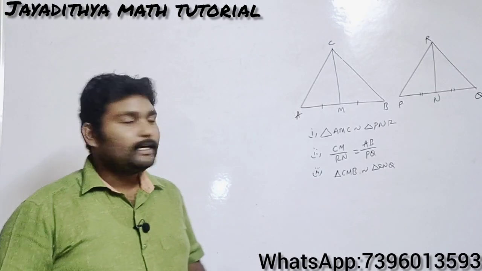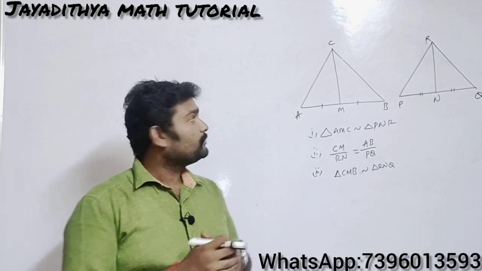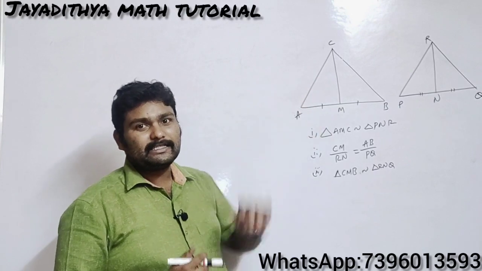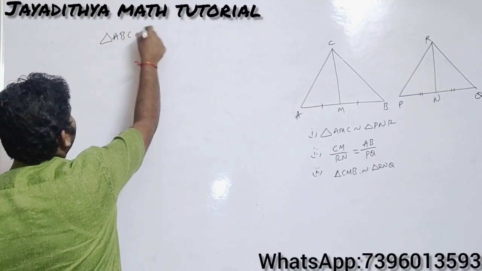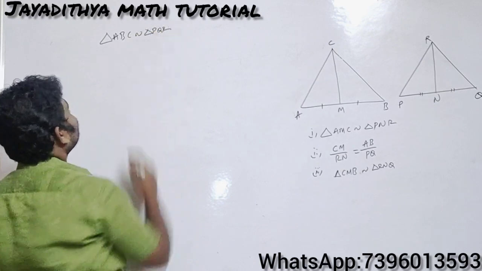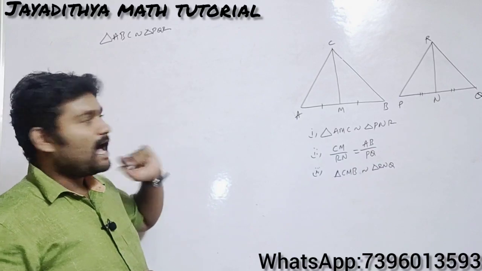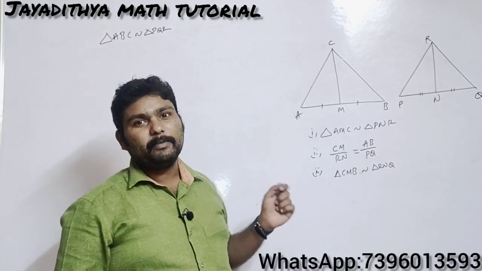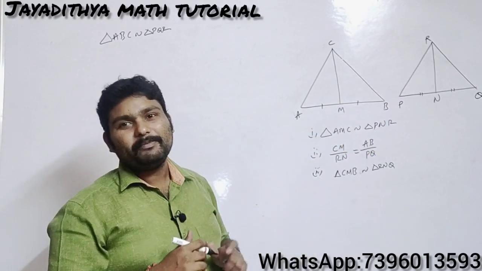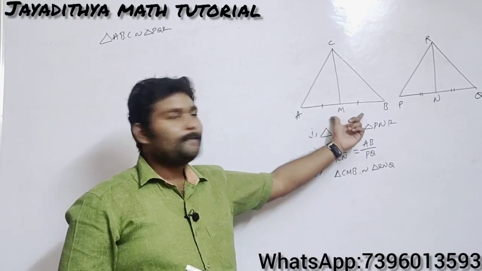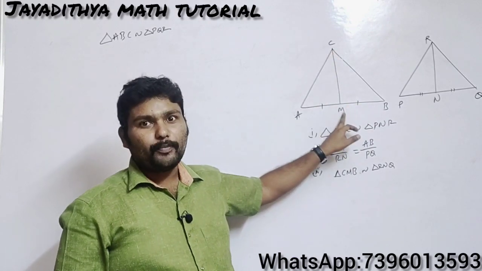Look here. This is the fifth problem of your exercise. Here he has given one condition, that triangle ABC is similar to triangle PQR. He has given that ABC and PQR are two similar triangles, and he is telling that CM is the median of the first triangle and RN is the median of the second triangle. What does a median do? A median bisects the side. Median is the line drawn from a vertex to the midpoint of its opposite side.